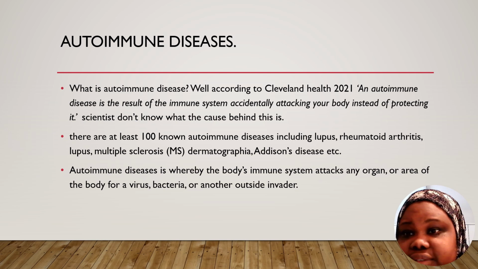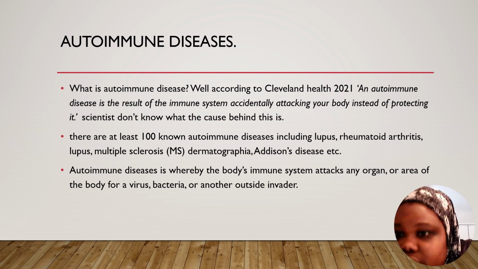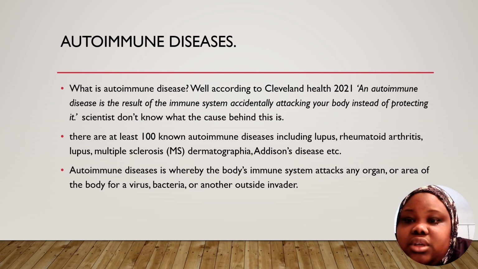Addison's disease affects the adrenal gland, which is responsible for producing cortisol and androgen hormones. Some with this condition may experience decreased blood pressure, muscle weakness and fatigue, fainting and nausea. Crohn's disease is an autoimmune disease also, which affects the GI tract. Crohn's disease mostly happens in the small intestine and colon. It can affect any type of the gastrointestinal tract.